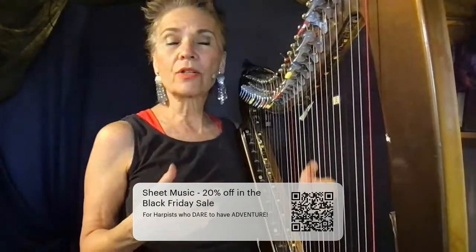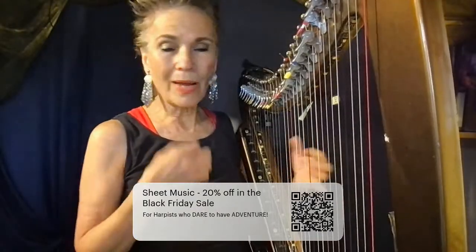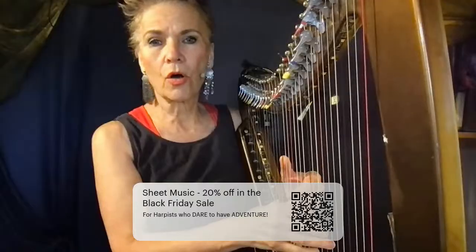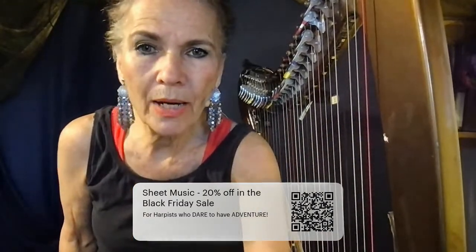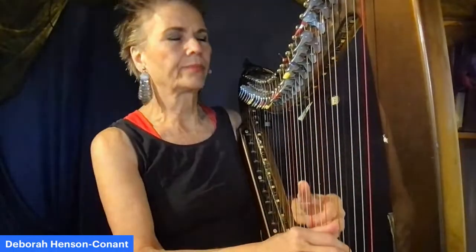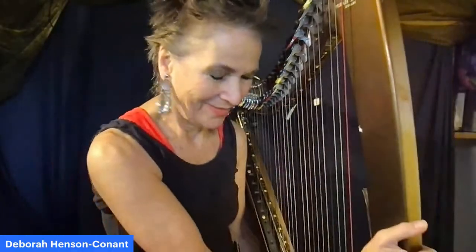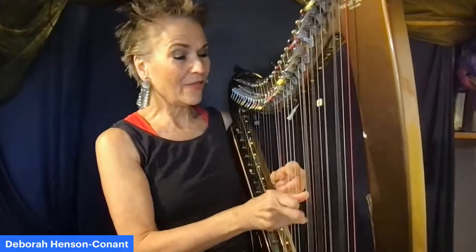So first, I wanted to use all the techniques that I was struggling with. And so arpeggios were the first. The second was scales. I was having trouble crossing over. So I created scales. Let me take this out of the way for a minute and I'll put it back up. I think, wait, how do I do this? Hide. All right, so now I'm doing scales. I'm going to start again in E flat. I may not be able to speak so much as I'm doing this one because scales are harder for me than arpeggios. Okay, E flat,